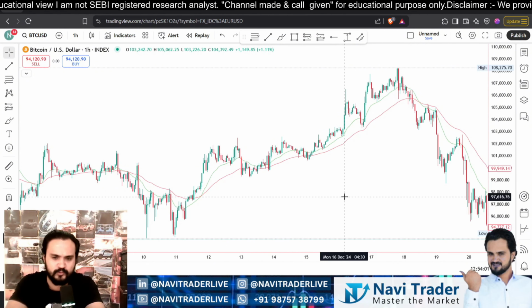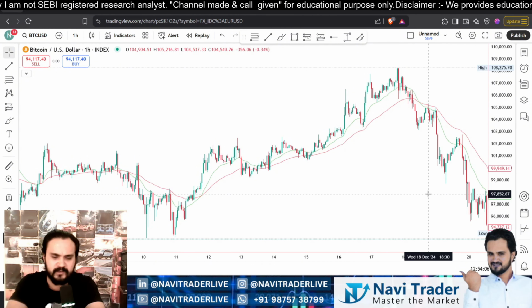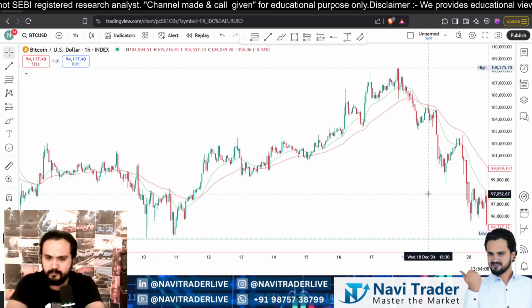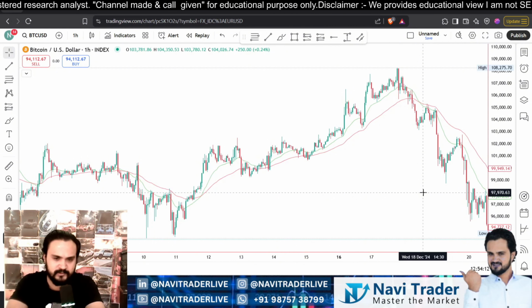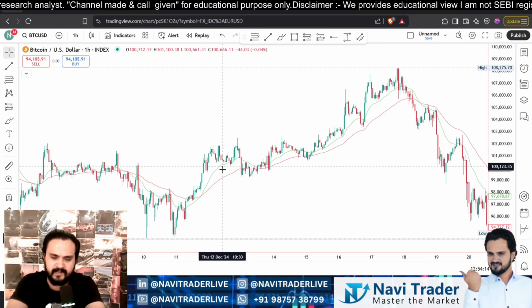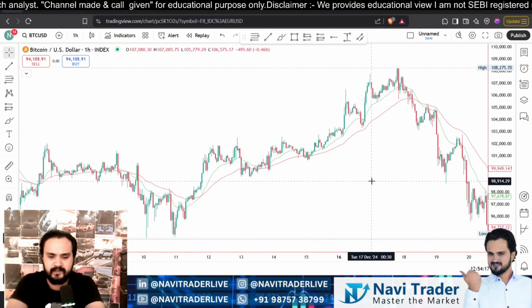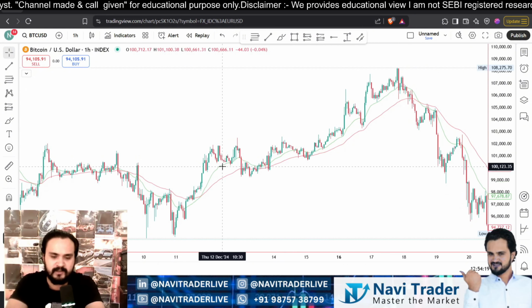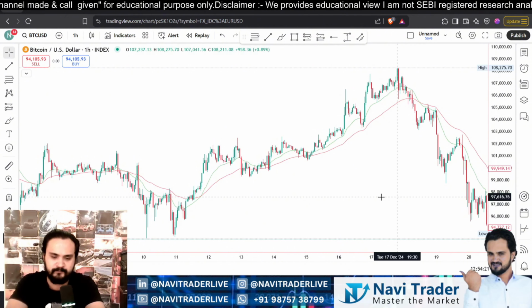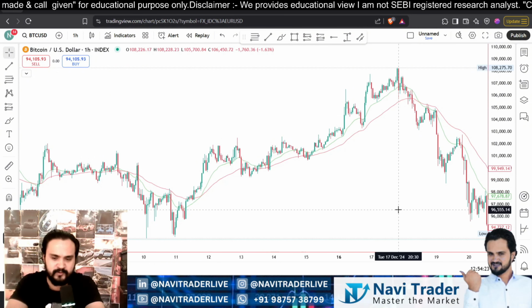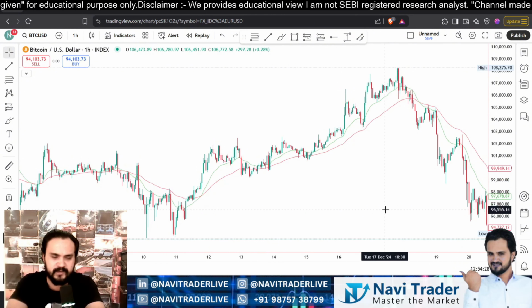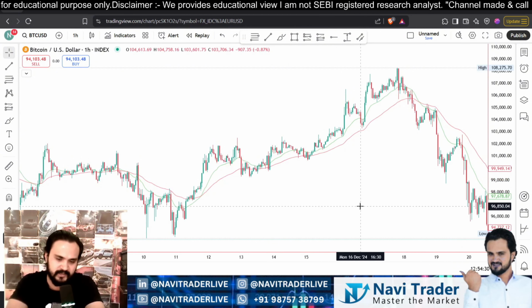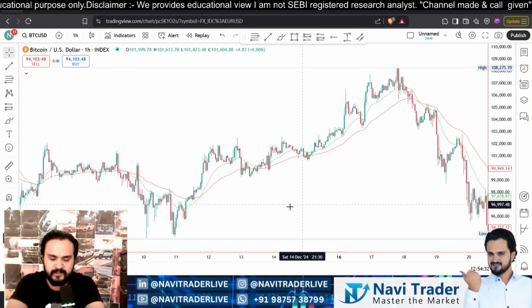Today I am going to reveal the strategy for BTC and other instruments you can use. But I think on BTC it will work better, always and always. So guys, what is this red and green? This red and green is EMA. Green one is 20 EMA and red one is 50 EMA. So overall this is a strategy called the 20-50 EMA strategy. So what to do with that strategy?